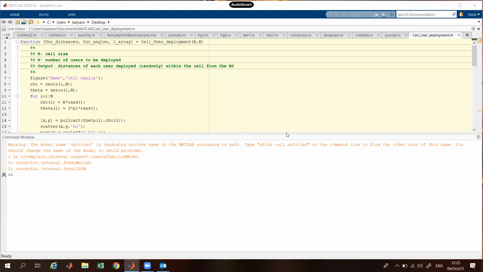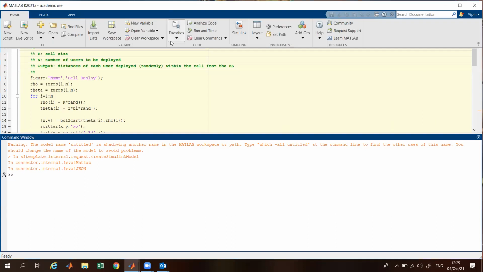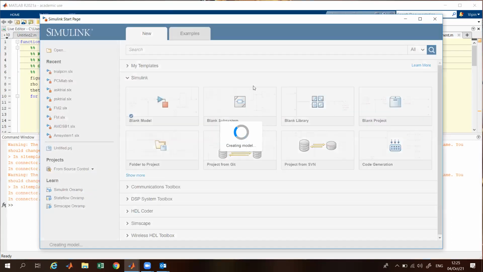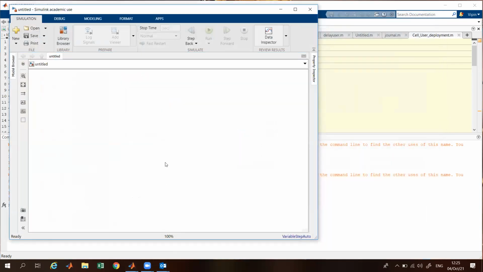Today's lab, we are going to do a PSK modulation, or you can say phase shift keying modulation. So again, you need to go to Simulink, click Simulink, click the blank model. It will open,